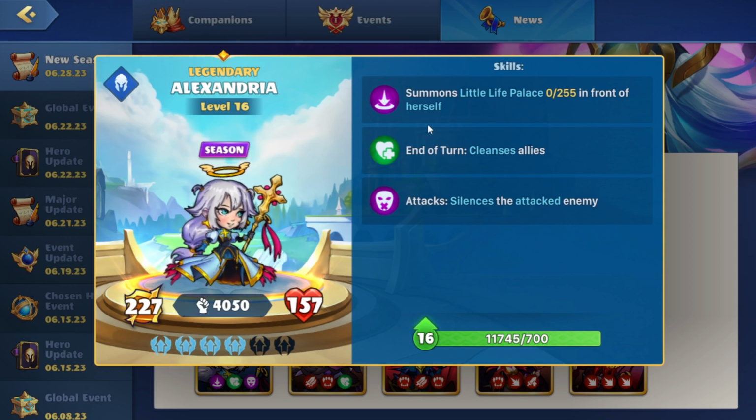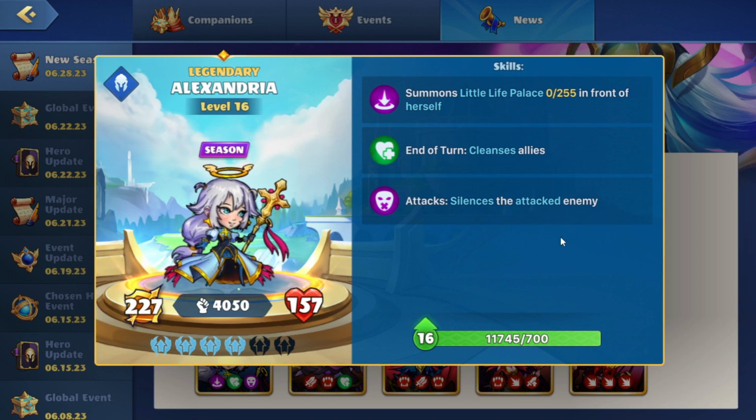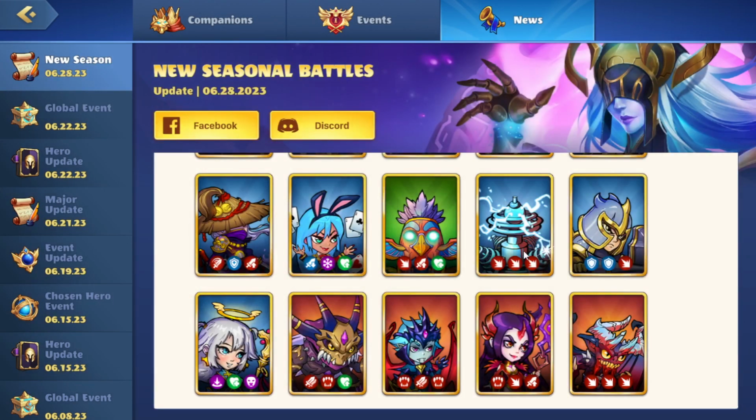Okay, we have the Alexandria here. Again, a lot of good abilities. The Life Palace used immediately as a blocker for her. Immediate heal if this Life Palace does come out and play. The Cleanse skill is good to get rid of some things like poison or extra damage. It doesn't go around the Morgoth skill, but it will go around things like...